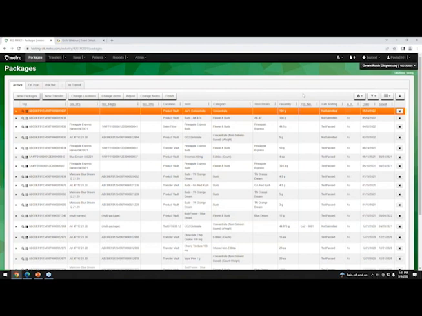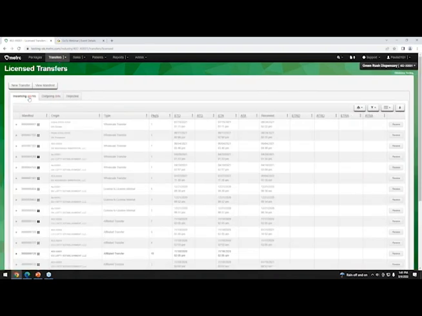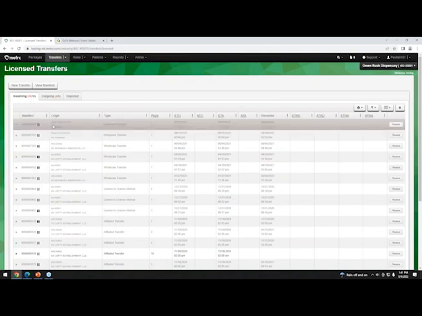All right. And then the last thing we'll show you is just the transfer manifest. So we'll go back to the transfers and we'll go to incoming. We can go view manifest there. So this one's actually completed, I believe. So you might see a little bit more green than typical of an active.